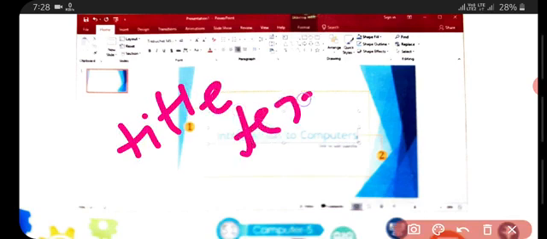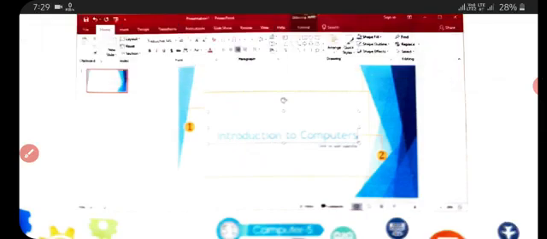In the title text placeholder, simply click on the title text placeholder box, type your text, and the title text is displayed in the title text placeholder. Here we see "Introduction to Computers." This is your title. Simply click on the title placeholder and type.